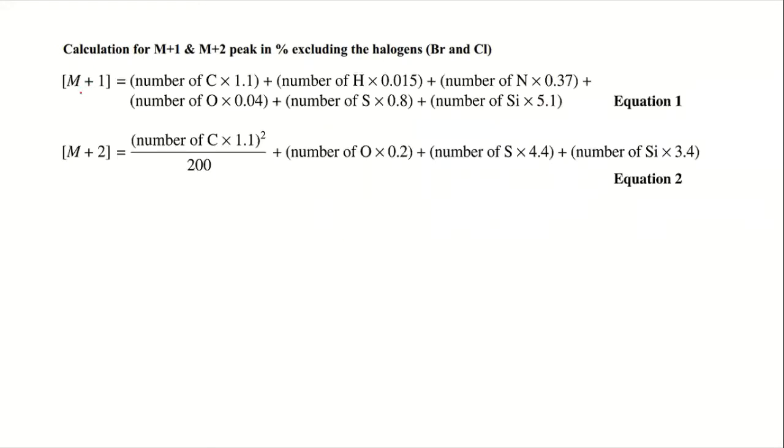So you have the M+1 contribution. M you always consider as 100, but in the case of halogens, your M will not always be 100. If you don't have halogen, the M peak, I mean the molecular ion peak, will be 100%. Like carbon, oxygen, nitrogen, these are the atoms making the compound, you will always have the 100% peak around the molecular ion peak. I'm telling, not the base peak. I'm just considering the molecular ion peak.